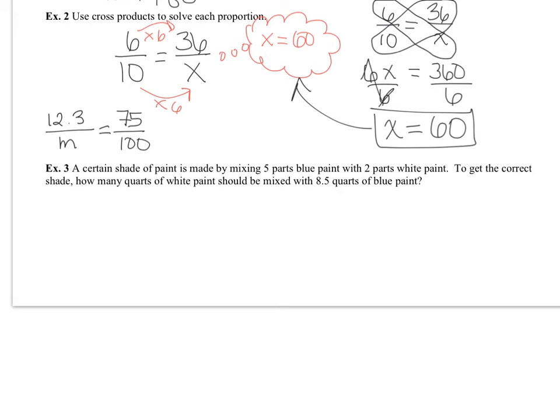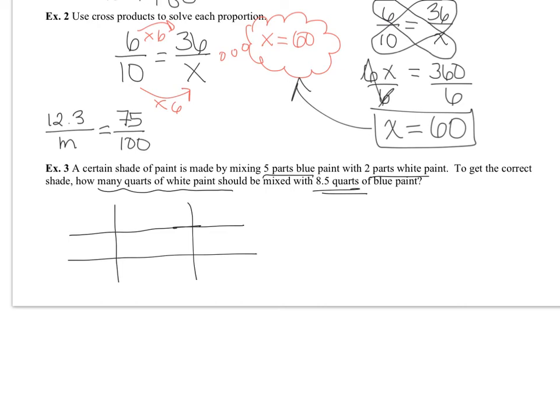Let's look at example 3. A certain shade of paint is made by mixing 5 parts blue paint with 2 parts white paint. To get the correct shade, how many quarts of white paint should be mixed with 8.5 quarts of blue paint? Biggest thing here is making sure to set up your proportion correctly like we did in the last video. I'm going to go ahead and set up my table, that funky looking